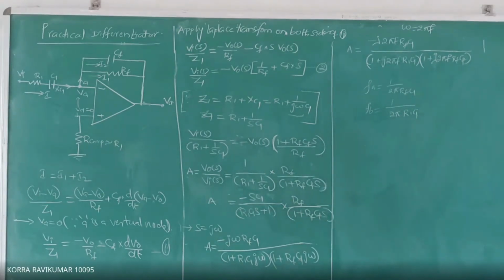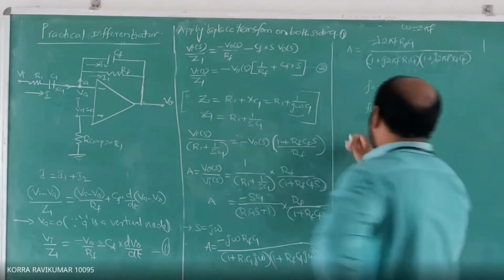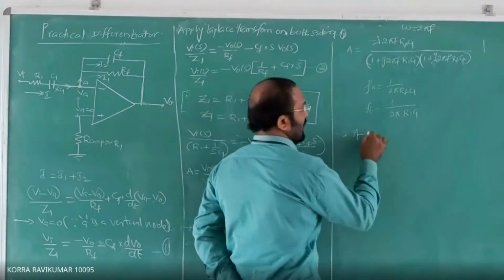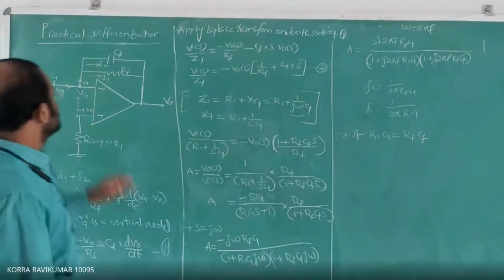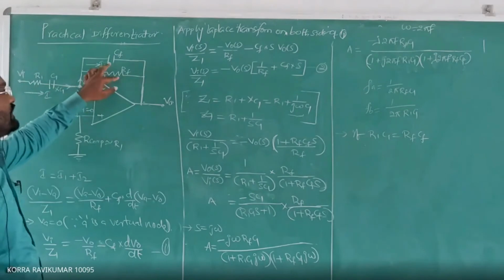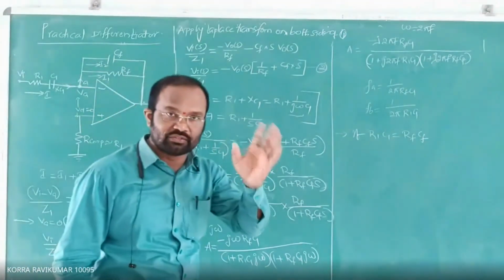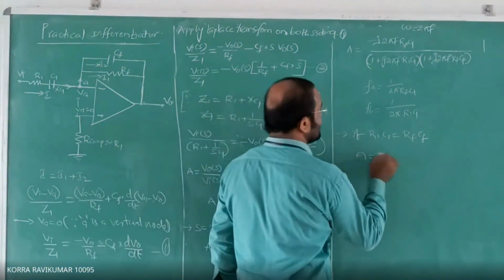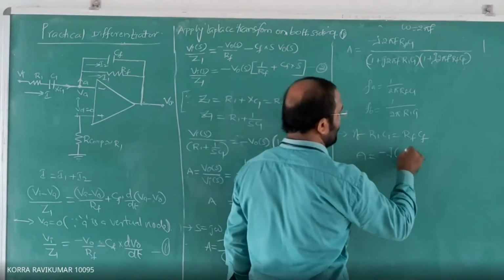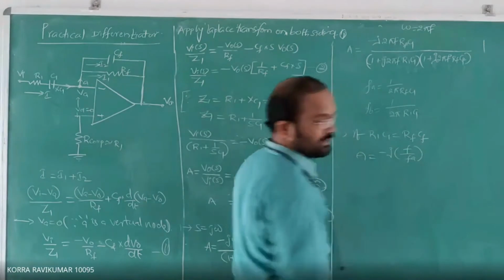So to get what we have to do, just observe this gain equation. Here C1 is there, here CF is there. R1 and C1 are the input resistor and input capacitor, and these are the feedback resistor and feedback capacitor. If and only if R1 C1 is equal to RF CF, if the values of input resistance and input capacitance are equal to feedback resistance and feedback capacitance, then the gain becomes minus j of f by fA